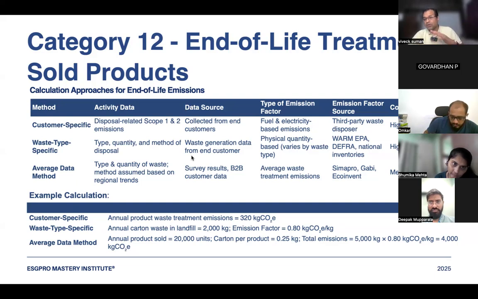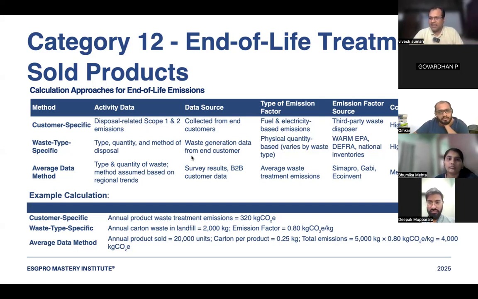तो टॉप डाउन also helps you, because वेस्ट का डेटा massive डेटा है हमारे पास, इंडिया में भी है वेस्ट इंडस्ट्री का, तो वो डेटा आप लोग यूज करो and then put the average of it, क्लियर? So that's the second one, both of them, complexity is high because that data access is not everybody's thing, but you have to do that. And the last one is average data, which is CEMAPro, Gabi, all this LCA system,